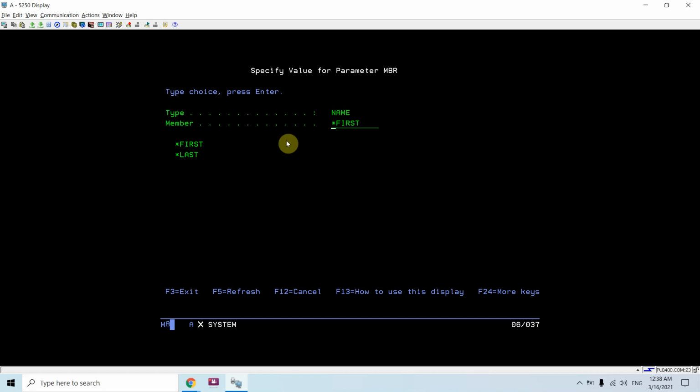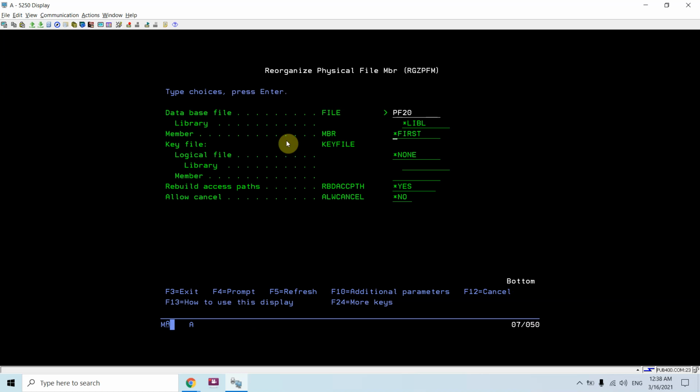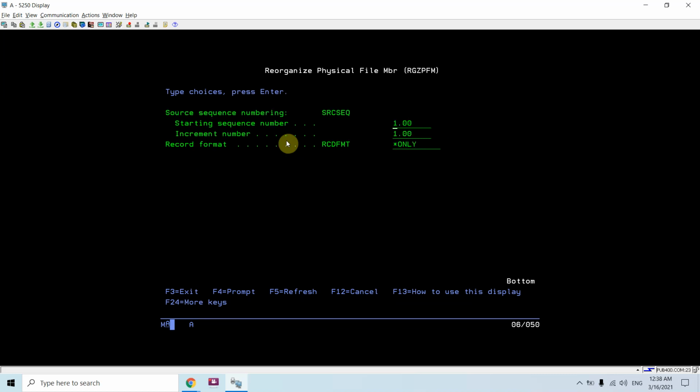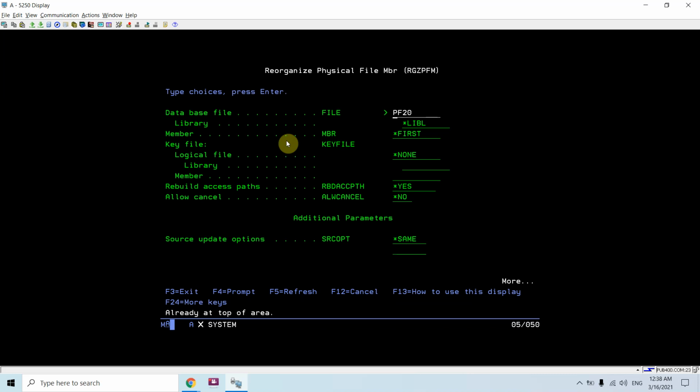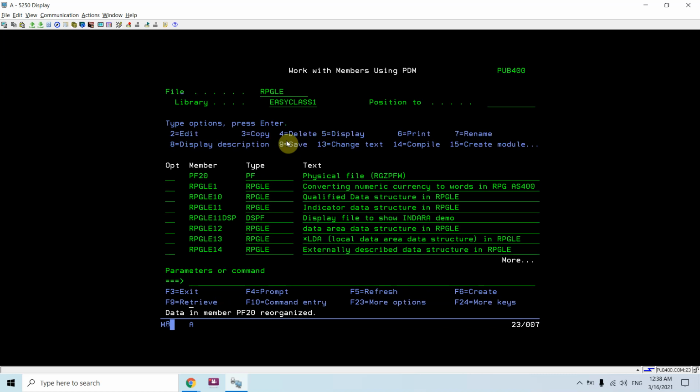I can specify star first or star last or the name of that member. I don't have multiple members here, so I'm giving star first, and the others are optional parameters to this command. I'll press enter here. Data in member pf20 reorganized.